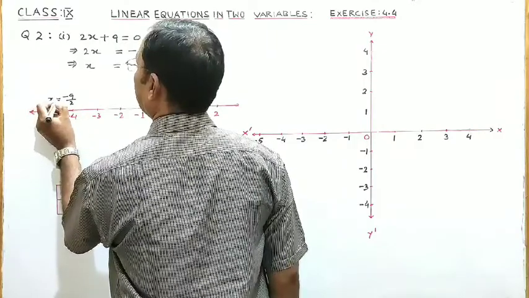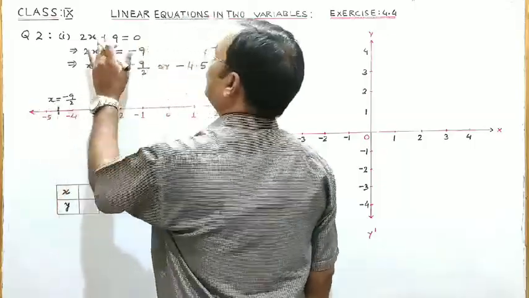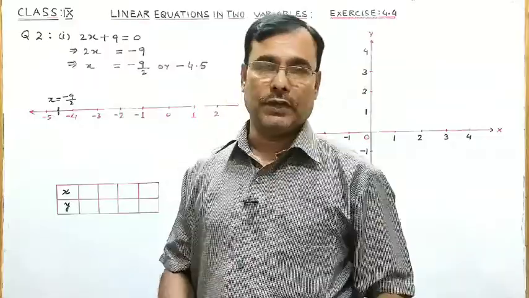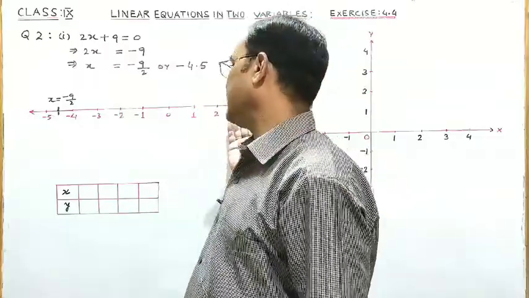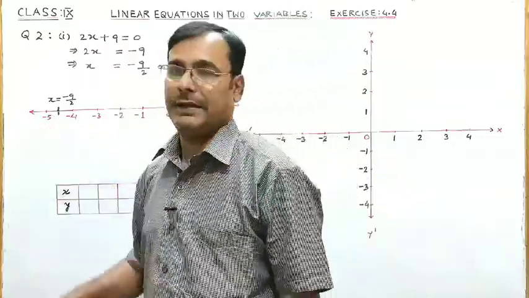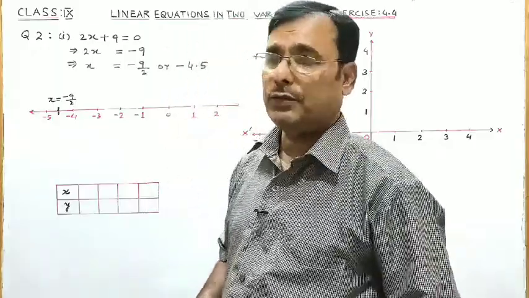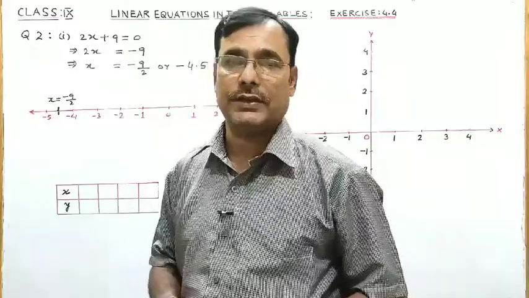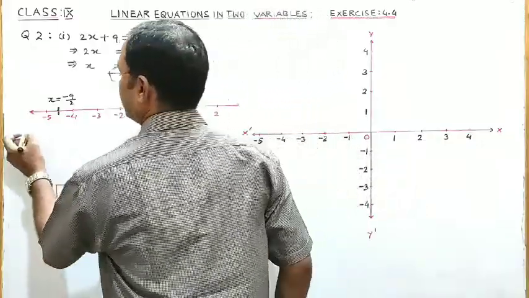So this way, 2x plus 9 equal to 0 as an equation in one variable is represented on the number line. Also we have to represent 2x plus 9 equal to 0 as a linear equation in two variables. So, second part,